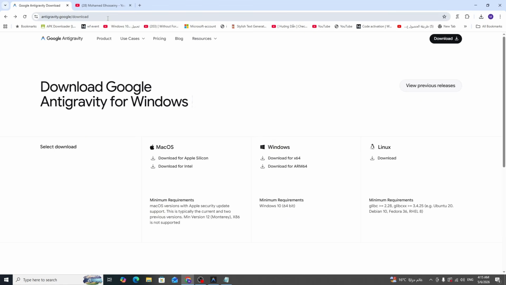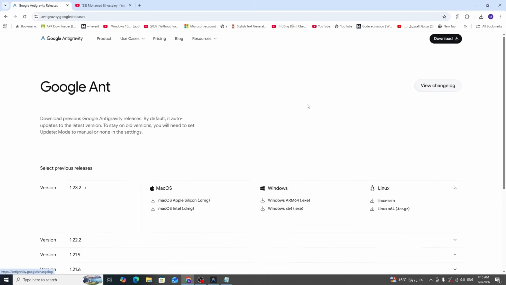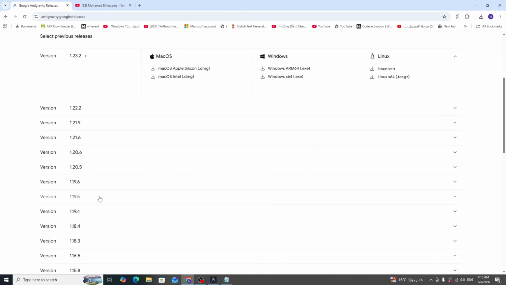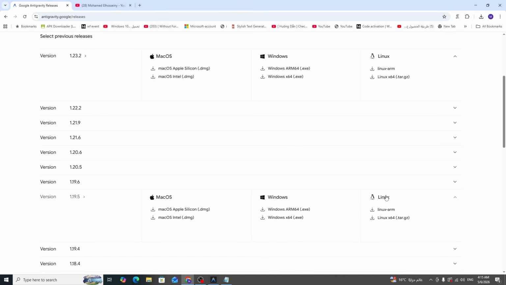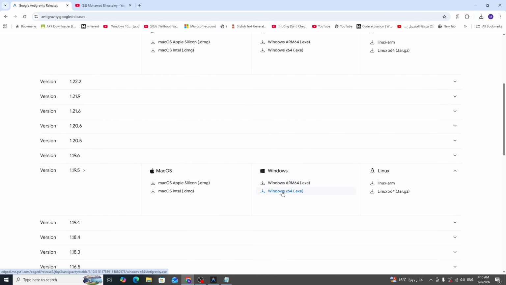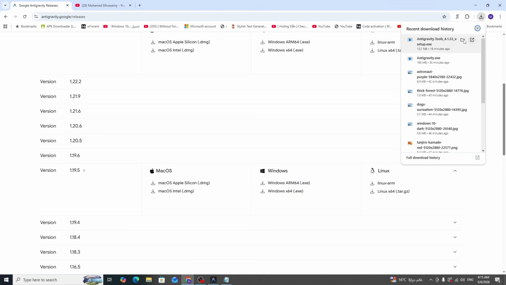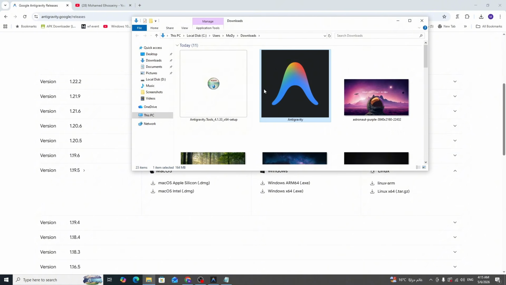You just go to the Antigravity download website and click on view previous releases, and you should use this version right here and click on download Windows X64. Okay, after download, go to your download folder and just right click on it and run as administrator and